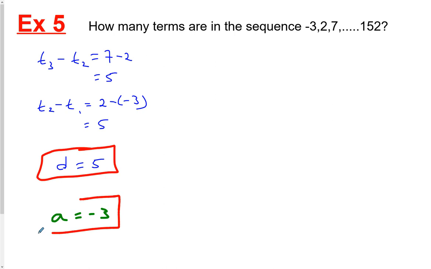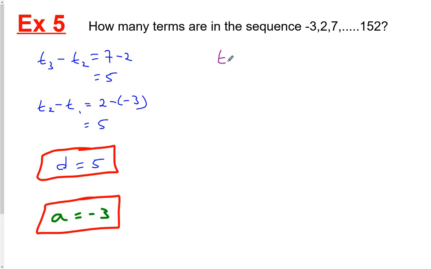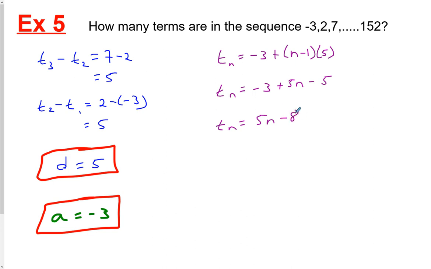So let's plug those in and get a general term. So we'll say, okay, Tn equals, I'm going to put in first the -3, that's my starting amount, and then I've got my n minus 1, and I'm multiplying that by +5. So +5 times n is 5n, +5 times -1 is -5. Let's collect my like terms. I would like to have the 5n first, just because it's nicer to have a positive term first, and then I'm going to have -8. So this is my general term,